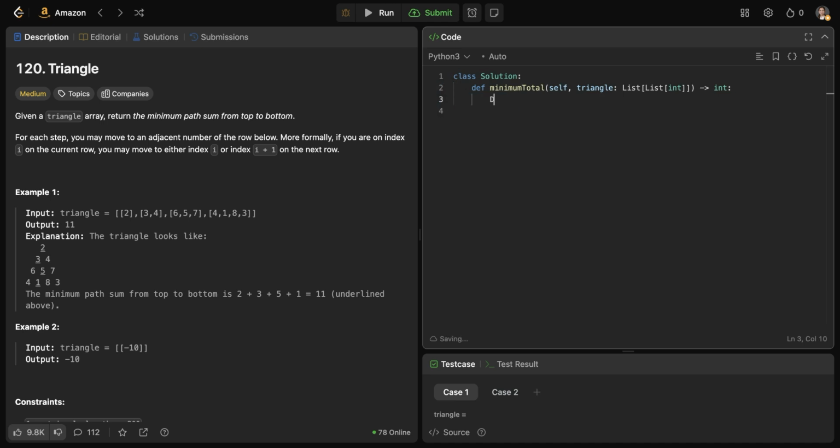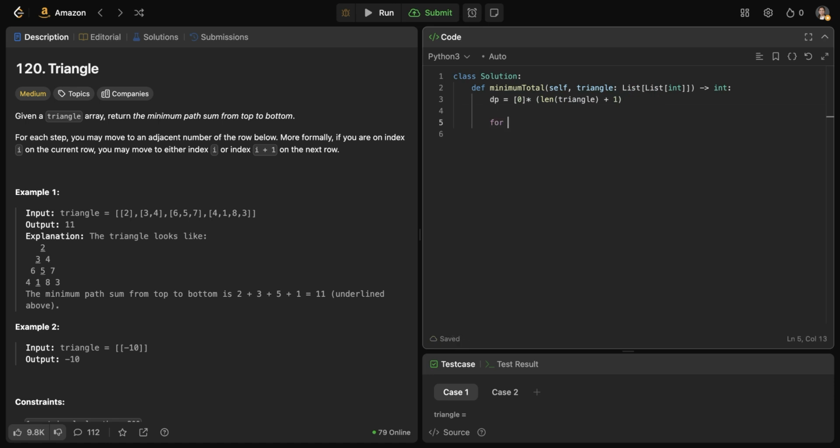Since I'm using DP to solve it, I'll first initialize my DP array. And my DP array would be nothing but an array of zeros. And how many elements would it have? It would have the length of the triangle array which I have, plus 1. Because, say, the last row has 4 elements, then the next row should have 5 elements. So I'm adding 1 here, and everything would have zeros. So I'm initializing that DP array.